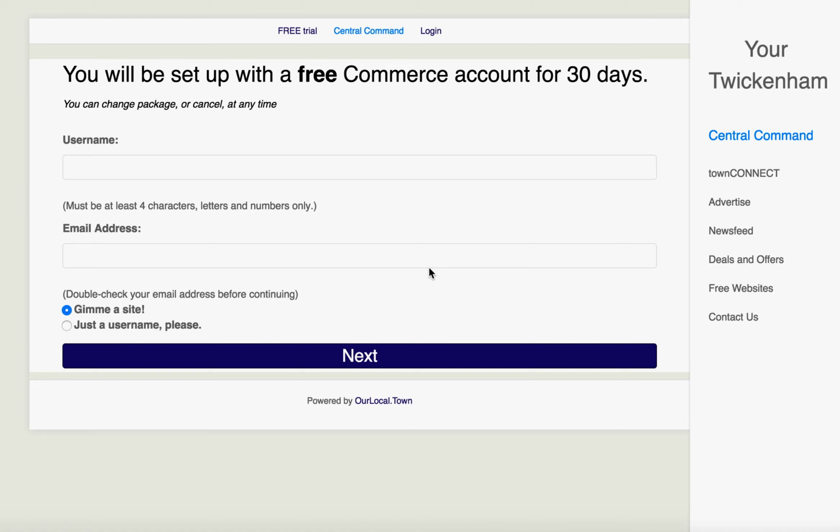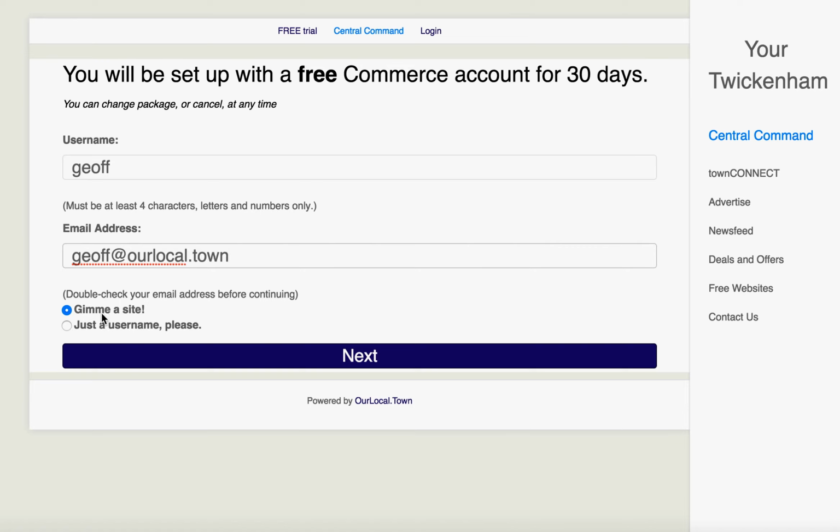So first thing to do is to click on the free trial button or any of the other buttons on the home page. That brings you to the sign in page here and come up with a username for yourself. So I'll just put Jeff. Now this username can be anything as long as it's a minimum of 4 letters and lowercase, and then all you need to do is enter your